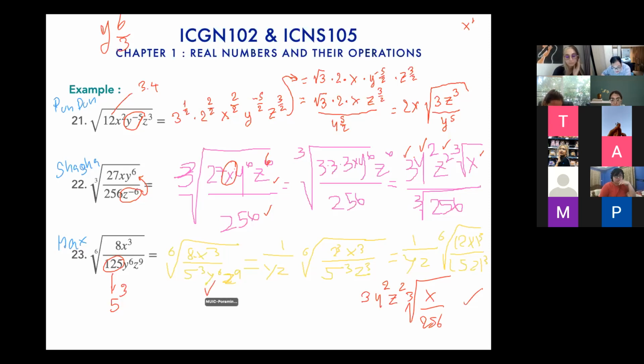And then in this one it seems like y and z can be moved out, because y to the power of 6 over 6 and z to the power of 9 over 6 here. In here what we get is that we get